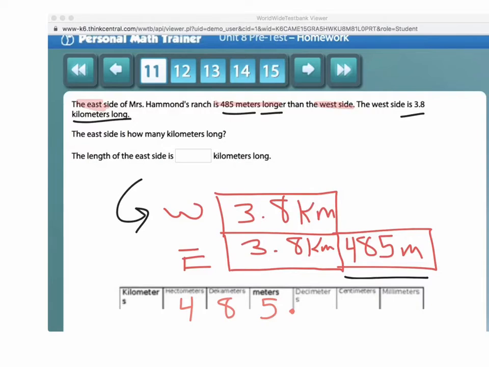Now I'm going to change that into kilometers right here. So I'm going to divide that by 1,000. So that's a triple decimal shift to the left, and I get 0.485